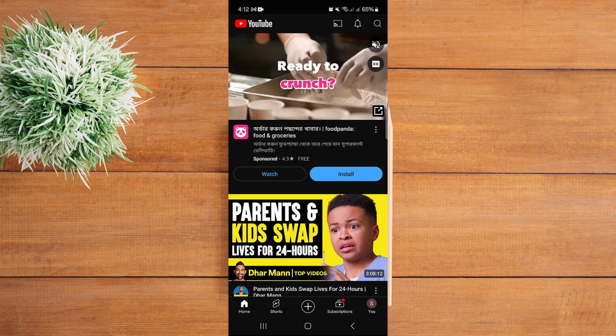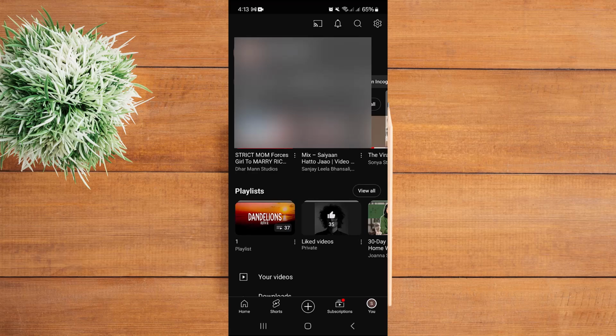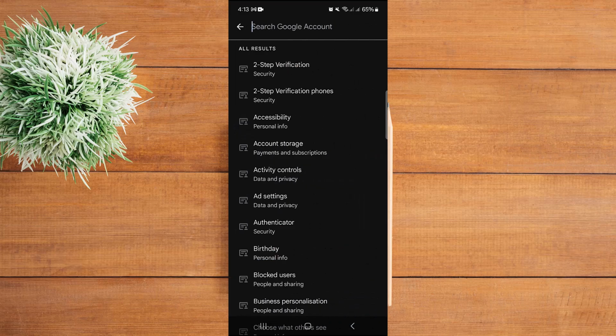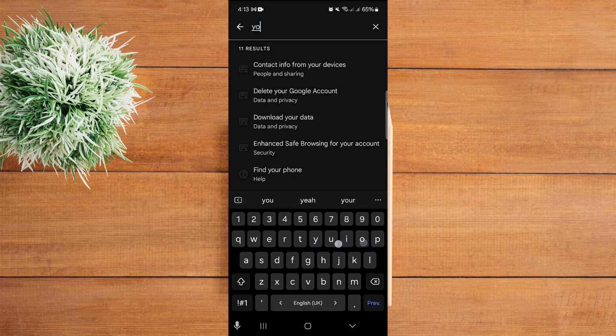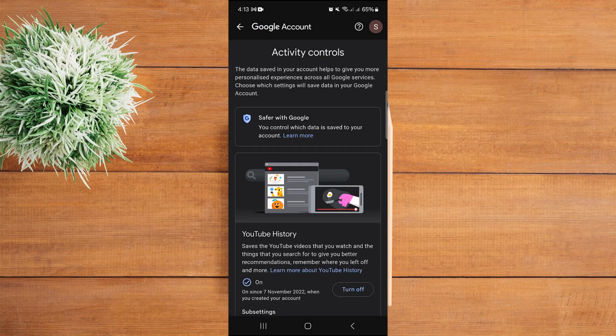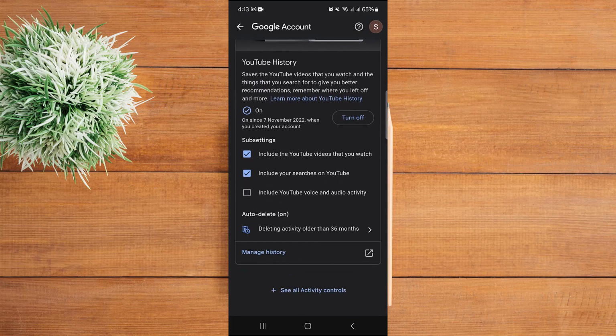Then head over to your account or your profile icon. And then go to the Google account option. Then search for YouTube history. Once you get into it, scroll down and go to manage history,